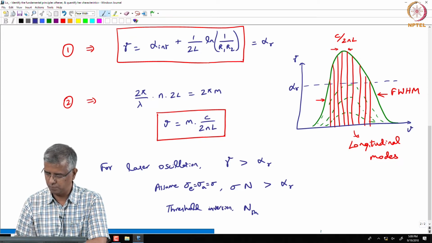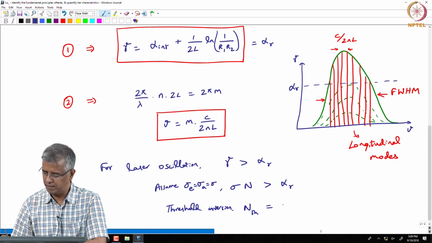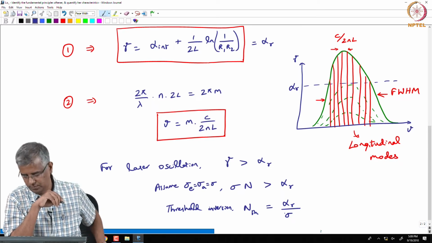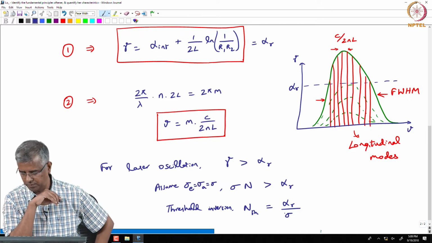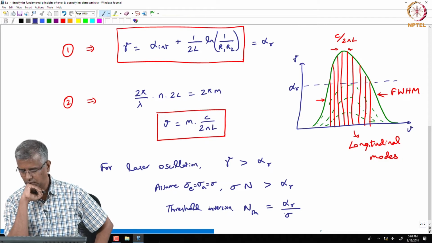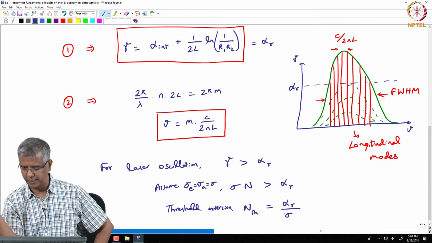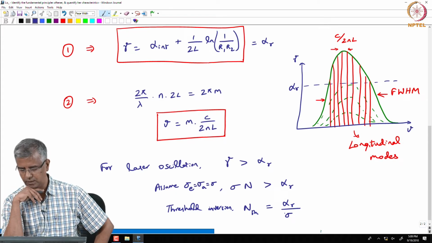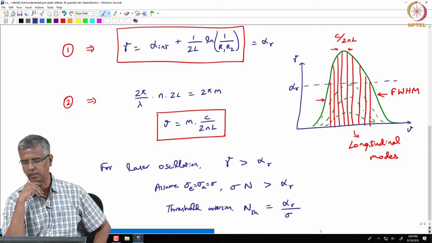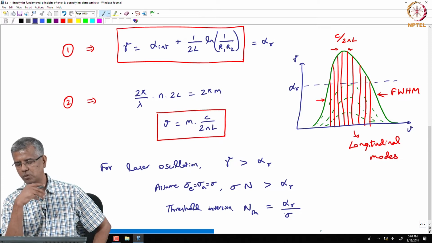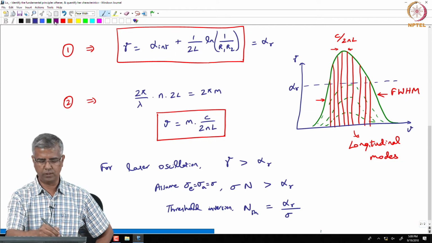Inversion. There is a threshold population inversion, which is given by alpha r over sigma. Sigma is the transition cross section. Okay, just looking at a very simplistic picture. So, your inversion has to be greater than that, so that you can achieve laser oscillation, and what we also are saying is that this is actually as a function of pumping